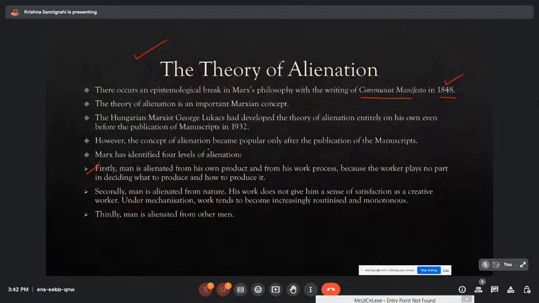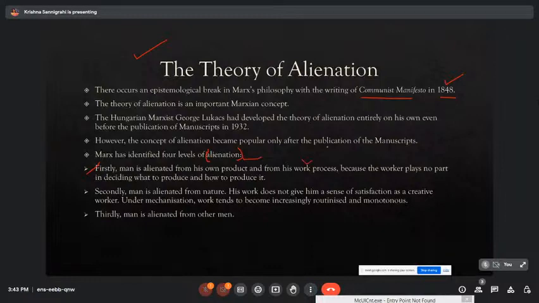So alienation, this concept we could understand through COVID. During the first, second and third wave of COVID, when we were asked to isolate ourselves from the people around us, that is where we actually could understand what we mean by alienation. So alienation basically means what? It means isolation, right? So Marx has identified 4 levels of alienation or 4 levels of isolation which a man faces. So firstly, man is alienated from his own product